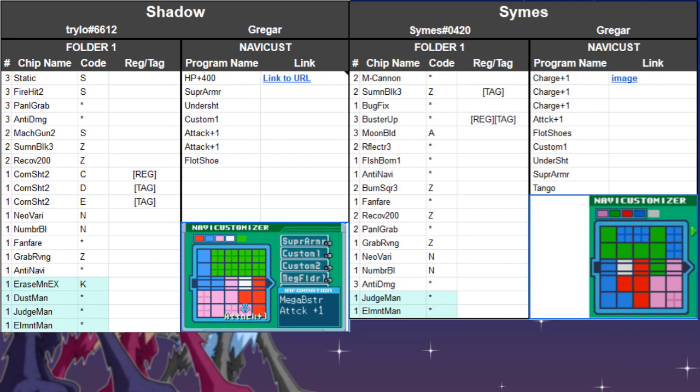Shadow does have static, so that could reduce the effective HP from Symes, removing his barrier 100 for free. But Shadow doesn't have bug fix, so that could limit the movement from Shadow and ends up playing into the matchup. The one interesting thing is that Symes does have 2 panel grabs, but Shadow can effectively break his panels